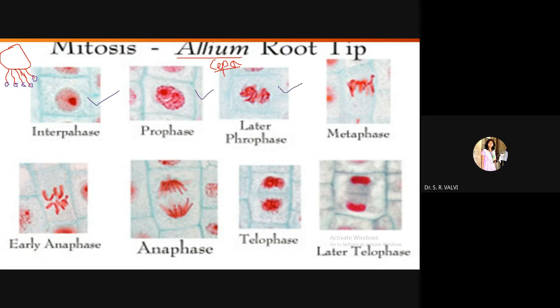See, whatever I have explained right now, the same phases we are going to observe in a real way in onion root tips. So after this you will get the real images of all these stages that we learned right now. So in a real sense I can say yes, these are the phases which occur in a real way, and see how little time it takes for completing these phases of the cycle, right?